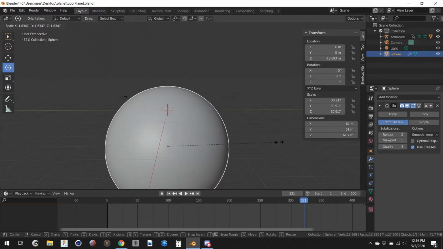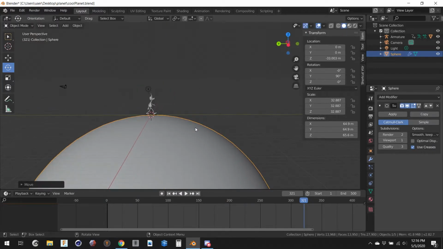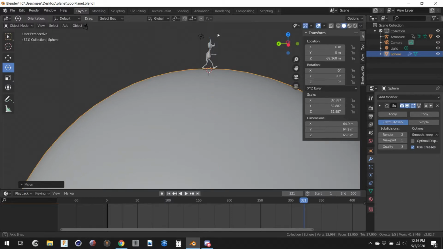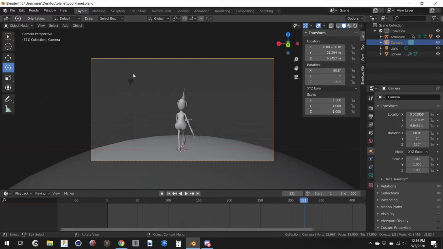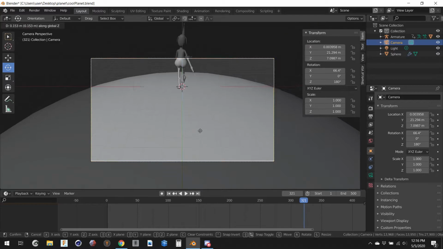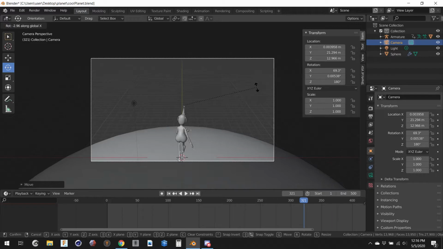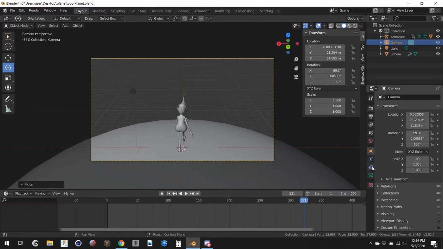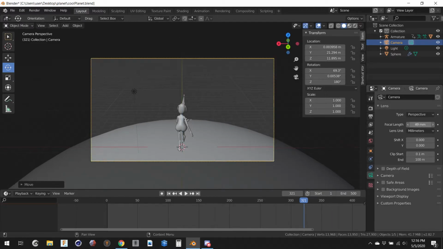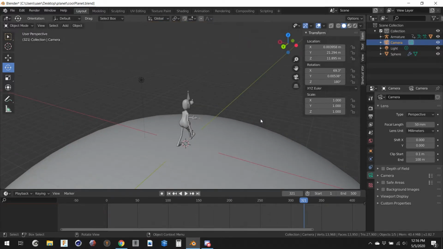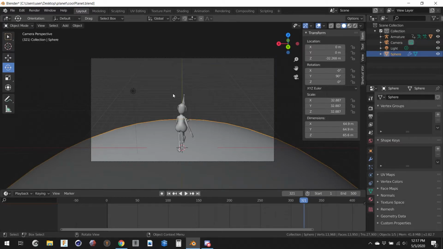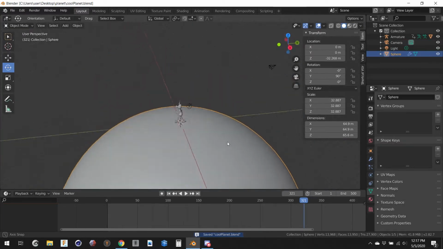We could scale this up, maybe larger. And also maybe what we'd want to do is change the angle of our camera a little bit. If I change the X rotation over here, we can have it pitch down a little bit more and move it up so that we're seeing a little bit more of the horizon. There are other things we could do to the camera too. If you go to the camera options, you can change the focal length, stuff like that. But again, I'm just setting up the animation structure for this. So right now we have a globe,